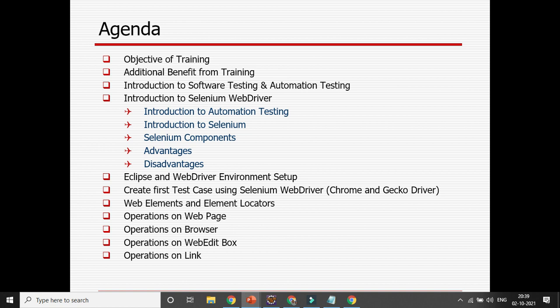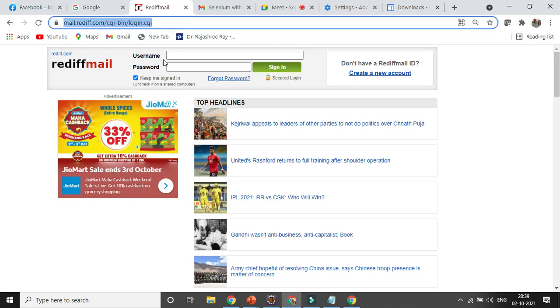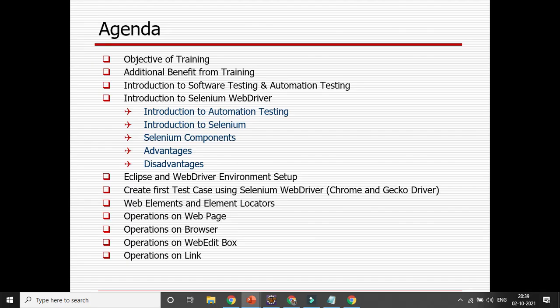Okay, so the task will be this: try to open that ready page and try to do the same way for the different web elements. Simple way. In case IT is there, the expert part I will give you next time. So you can open the ready page, you can try to click some link. You can go to that particular URL, the ready mail URL. There are different username, password, button and link. You can try to enter something and perform operations. That is a small task for this weekend, I'm sorry, I mean for the first session.